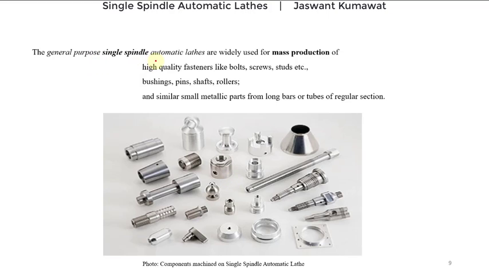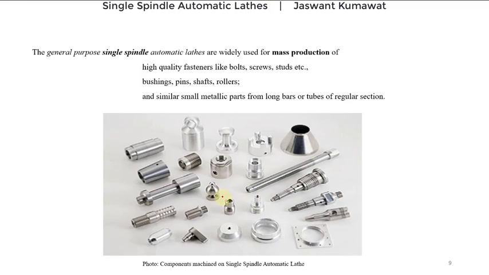Single spindle automatic lathes used for general purpose are widely used for mass production of high quality fasteners like bolts, screws, studs, mass production of bushings, pins, shafts, rollers, and similar small metallic parts that are made from long bars or tubes of regular sections. Here you can see different components that are machined on single spindle automatic lathes.